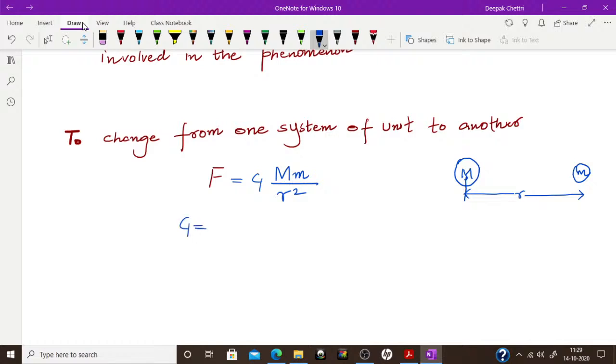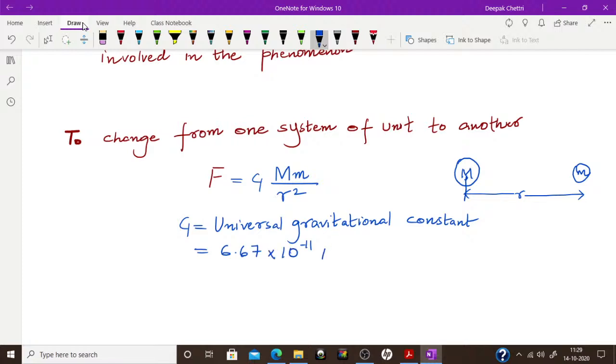It's called universal gravitational constant, right? Now value I have written top. So the value is 6.67 into 10 to the power minus 11 Newton meter square per kg square, right? So if you look here,